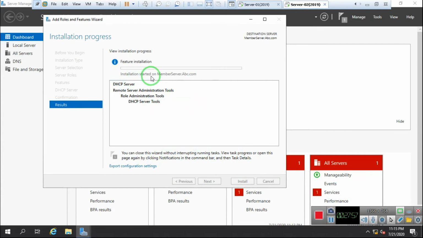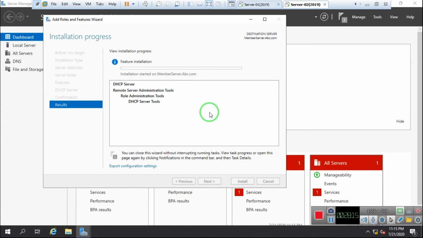Now it's going to install the DHCP server. As you can see, the installation has started. It takes I think 2 to 3 minutes to install DHCP services. After installing the DHCP services, I will show you how to configure DHCP services as well.